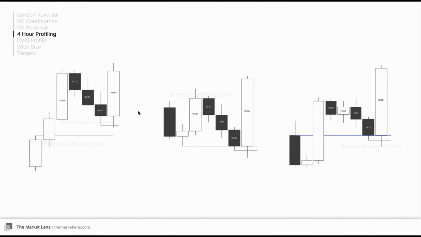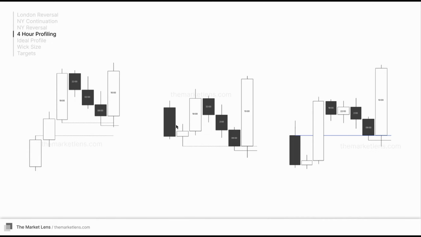So here is 10 a.m. reversal, the last profile. Here we see the previous 2 sessions do not create a reversal. Here we have 6 a.m. candle hitting a key level, and 10 a.m. reversing off of candle 1's low. Again, reversal into expansion candle supported by this small wick. If this doesn't have a small wick and we don't reverse in 10 a.m., it doesn't support expansion,